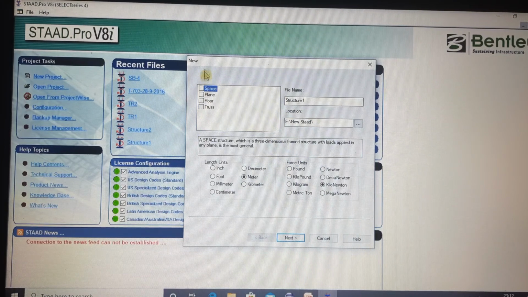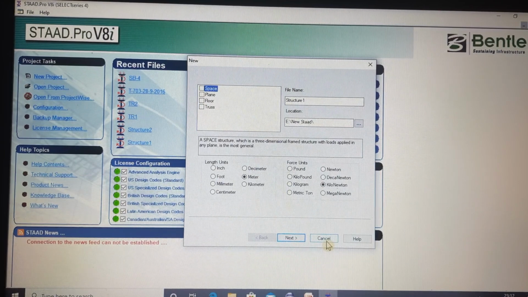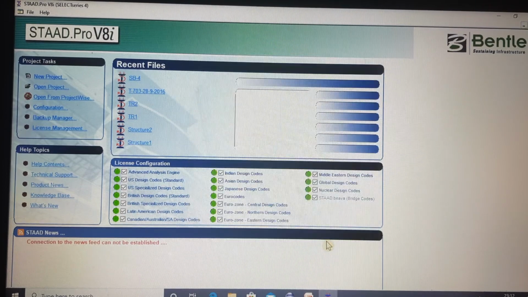You can see, friends, this is the same window. This window is used to model a new structure and choose the environment for STAAD modeling. I have explained it to you earlier. So the same button is over there.